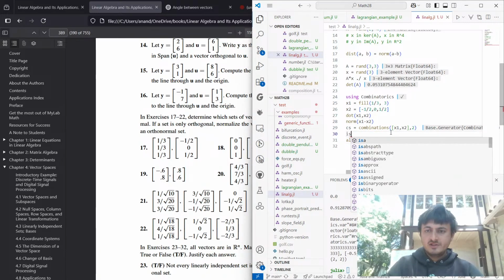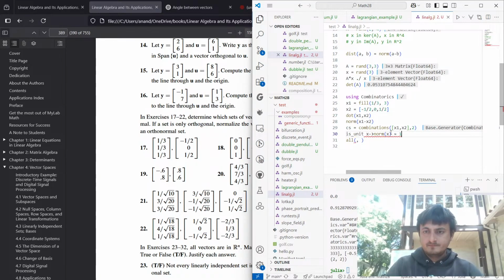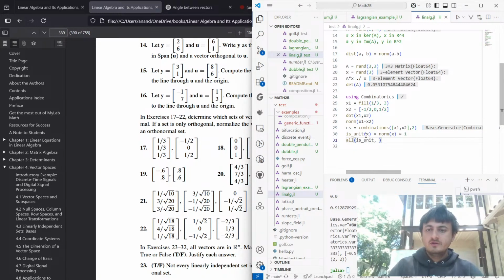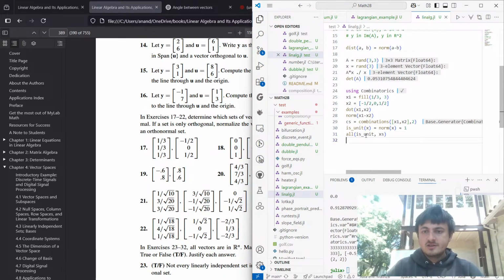Wait, is there a function is unit vec? Oops, how did I do that? Is unit is equal to norm of x approximately 1. Then we say all is unit of x's, and so that's the first condition. The second condition for being an orthonormal set is